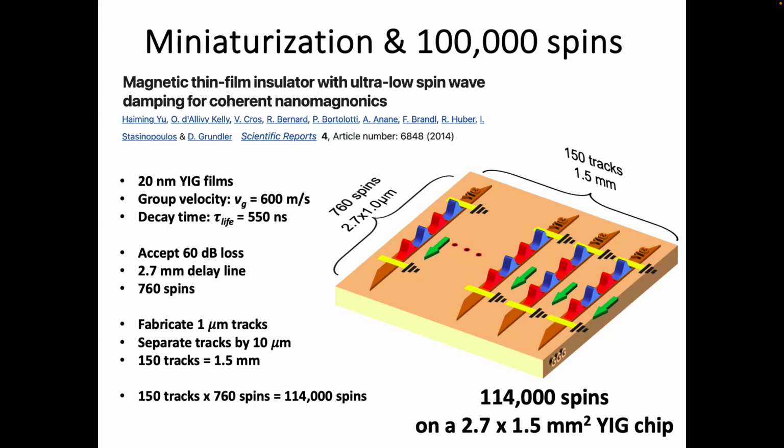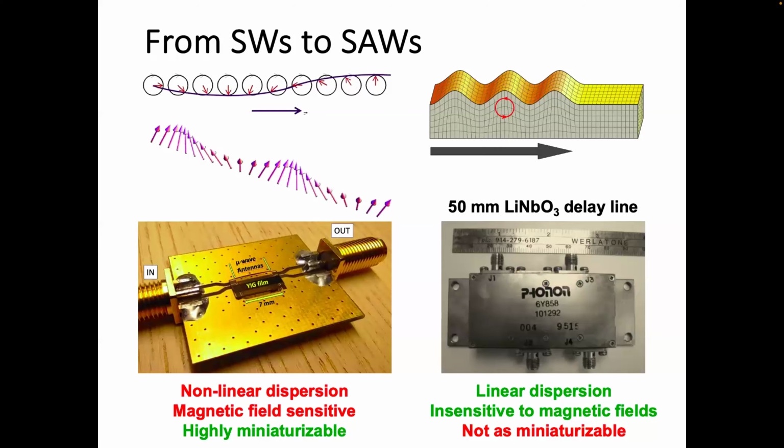So this is what we do fundamentally now with research funding, trying to implement this, and it's going to be a very long project, and a lot of interesting spin wave physics will come out of this. Not necessarily the best implementation, but possible to do, I think. Instead, we're going to move to surface acoustic waves, which is a much better known technology in industry, because surface acoustic waves are used in a lot of filters. Spin waves are not used so much anymore.